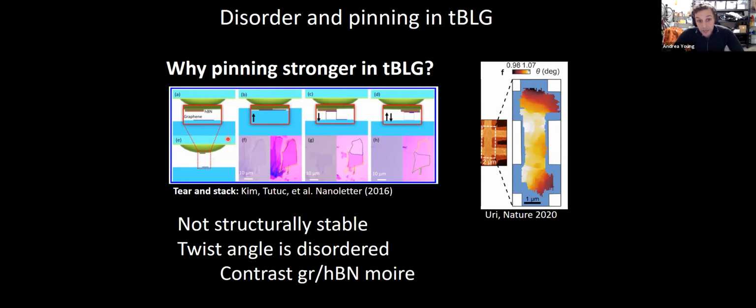No structural ground state or metastable state exists that tells you that 1.1 degrees is somehow good. You're going to quench whatever strain you have. And so everybody works very hard to try to decrease this amount of strain, but it's inevitable that it's there. In fact, when this has been imaged with high resolution, one finds twist angle disorder on the order of several hundredths of a degree, which is a lot in this system because the band structure is exquisitely sensitive to that twist angle. So across even a couple micron device, you see pretty large variations in the twist angle.